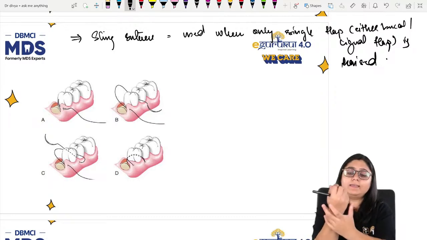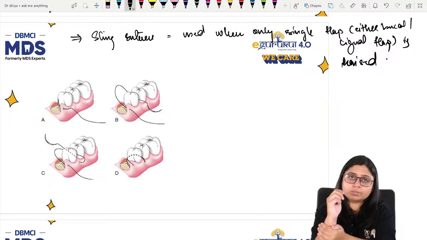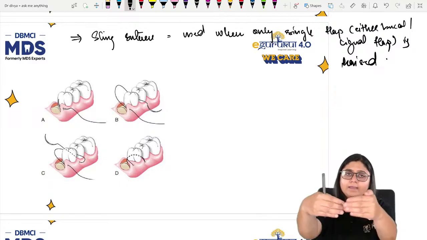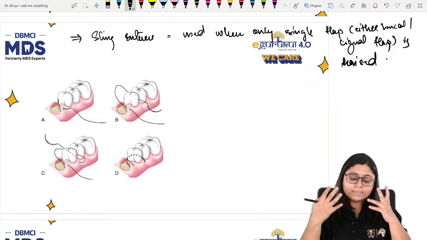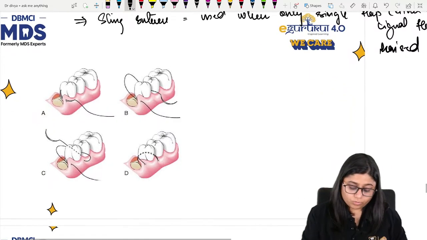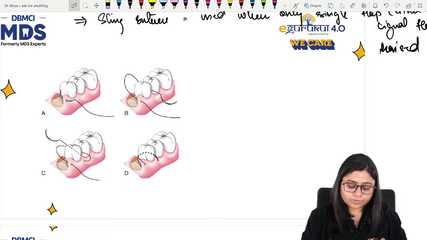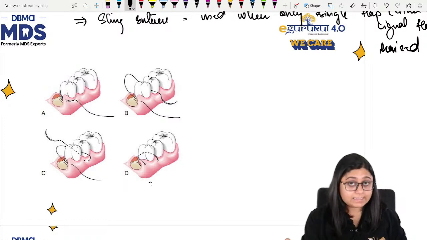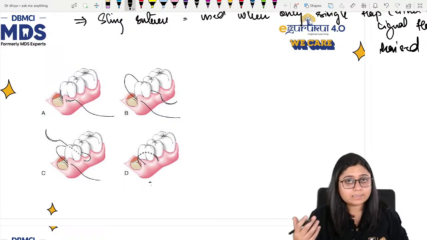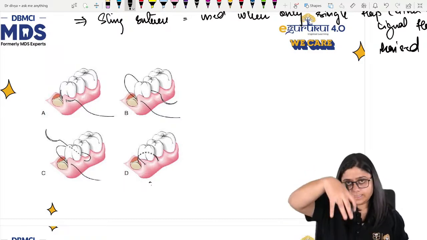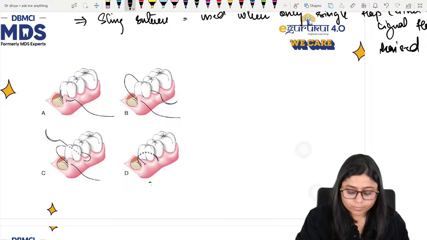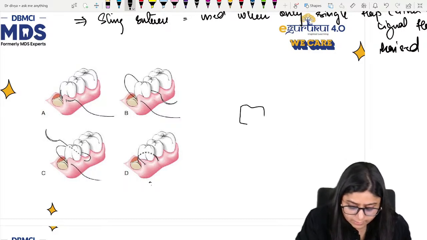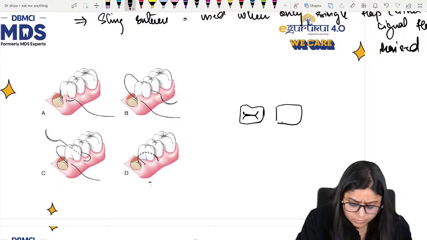Now, what is a sling? A sling is like an anchor which anchors around the tooth. It is anchoring around a tooth and taking the support of that tooth. I hope you need an explanation for this image only. If it is anything else and I'm not able to understand your question, just let me know in the comment section. When you see the sling suture from the occlusal view, this is what it will look like. If this is the tooth from the occlusal aspect,